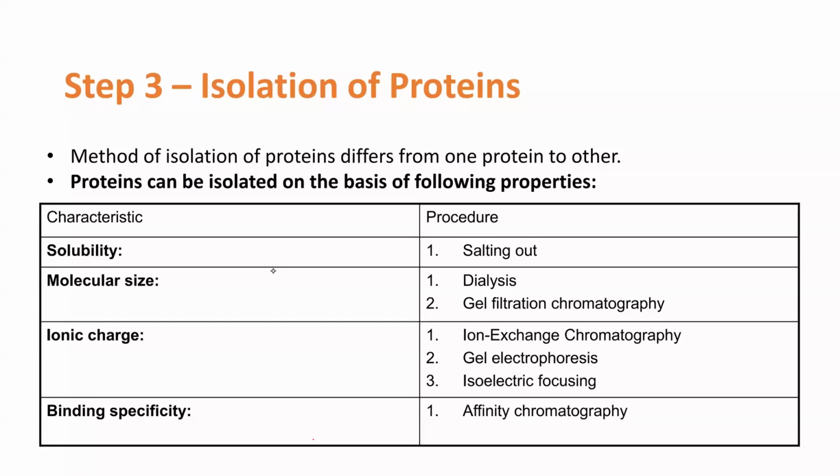And the characteristics that we use are based on the solubility of the proteins, where you can apply salting out. Based on molecular size, you can use dialysis or gel chromatography. Based on ionic charge, you can use ion exchange, gel electrophoresis, and also isoelectric focusing. And based on binding specificity, you can use affinity chromatography so that at least